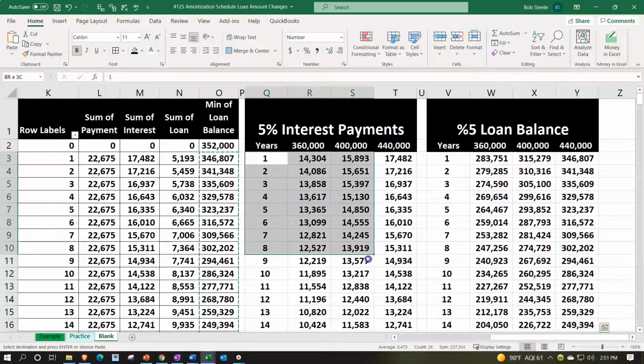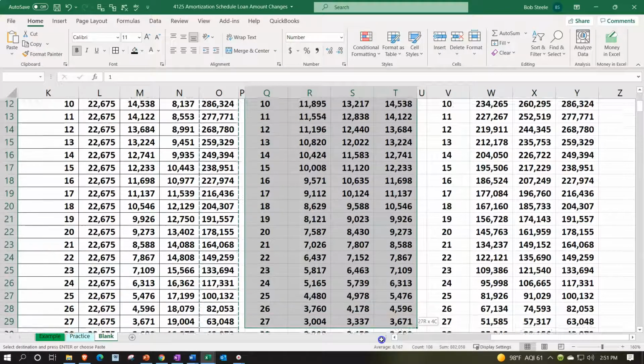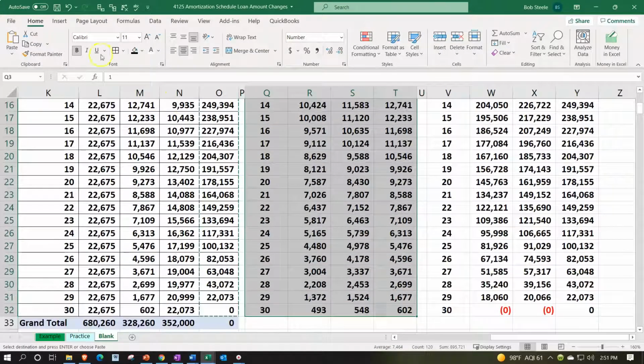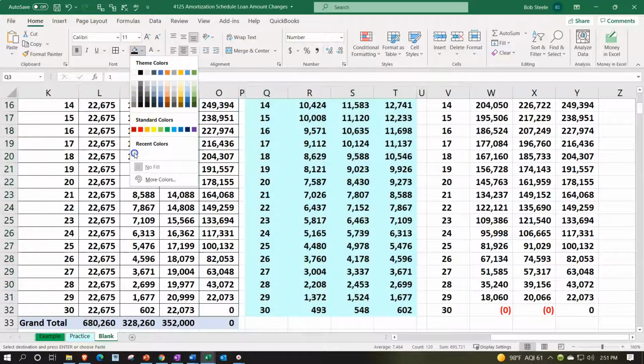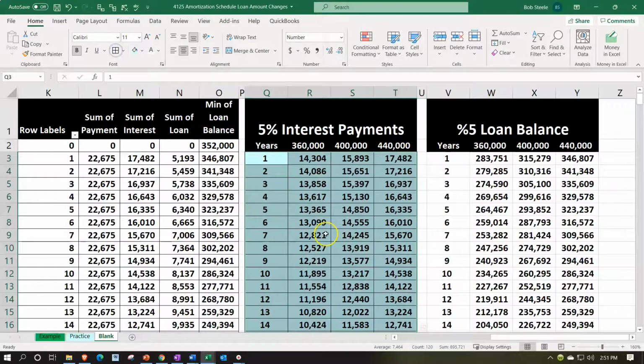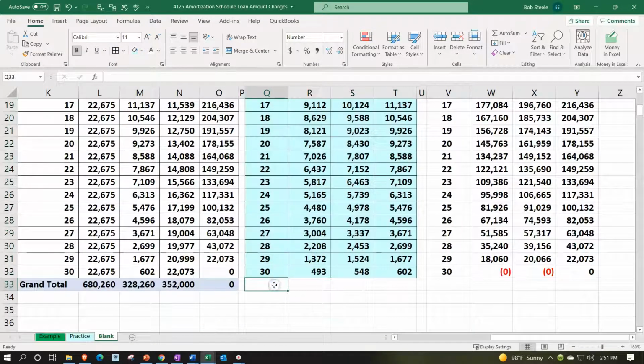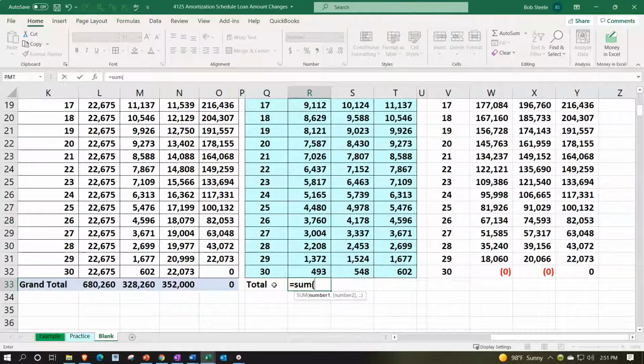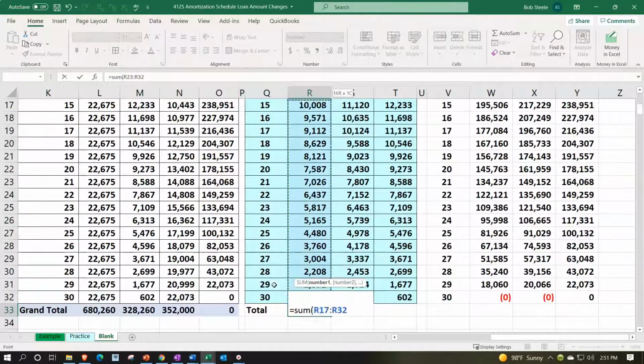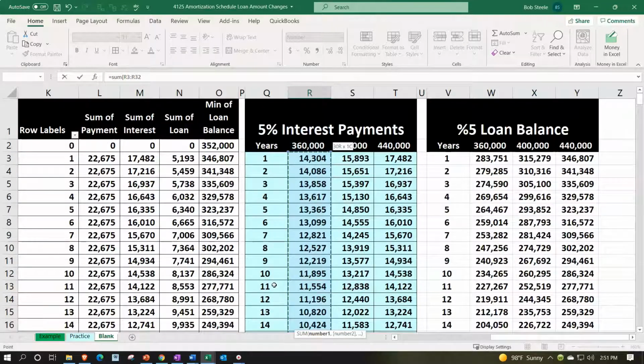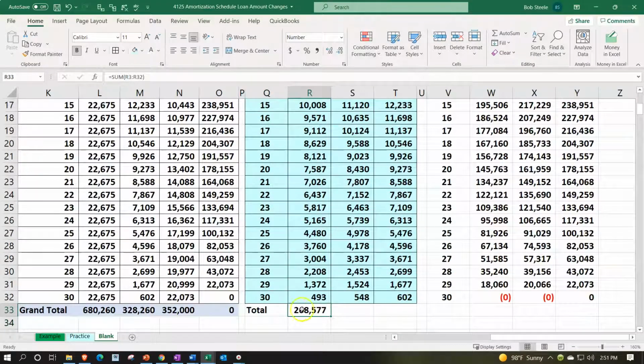Let's do some fancy formatting here. Put our blue stuff in here. Selecting these items. We're going to go Home tab. We're going to go Paint Bucket Blue. Put the brackets around it. We could sum it up down here with the total. Total equals SUM, Shift 9, up arrow, holding down Shift, going up to the top of the sum column so that we could sum it, enter, and then we're going to go and basically just copy that fill handle across, like so,